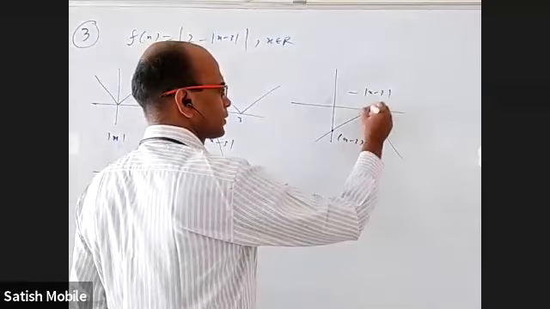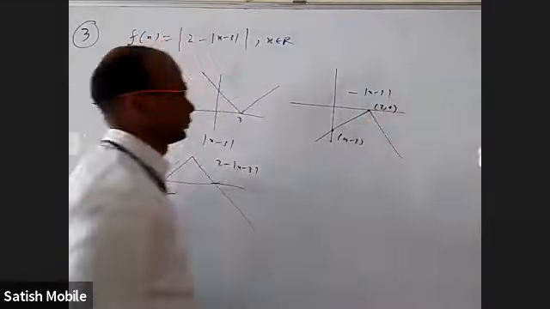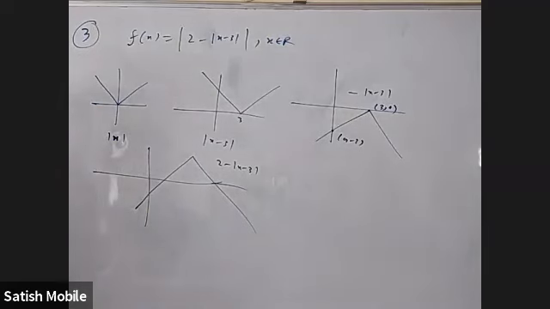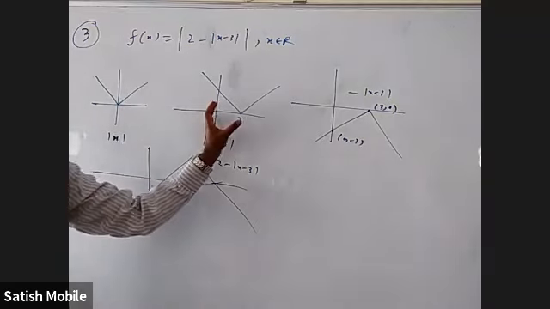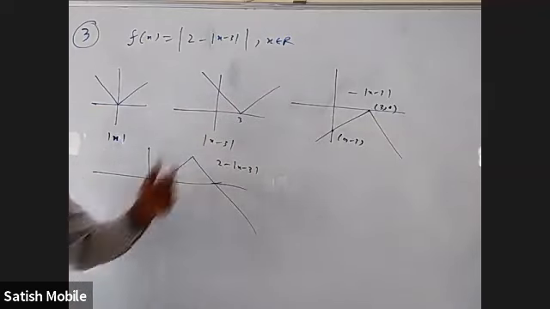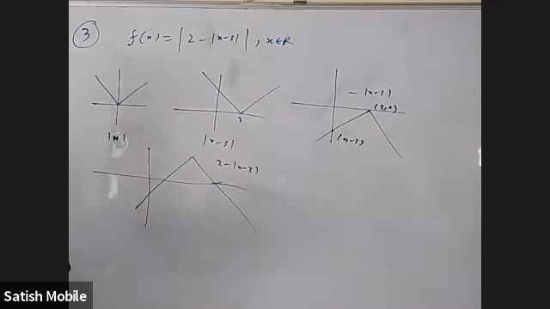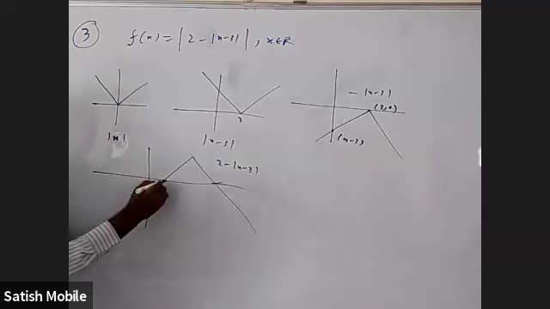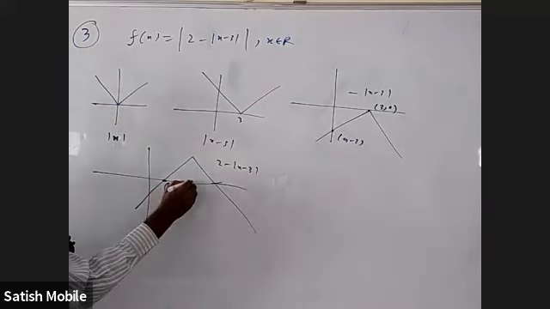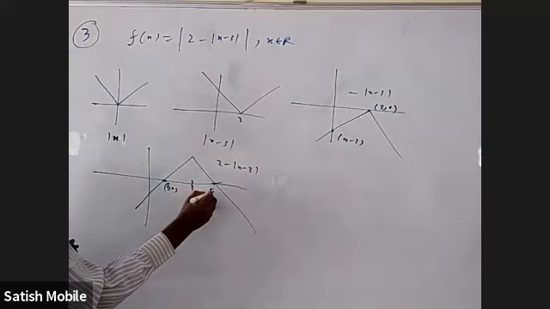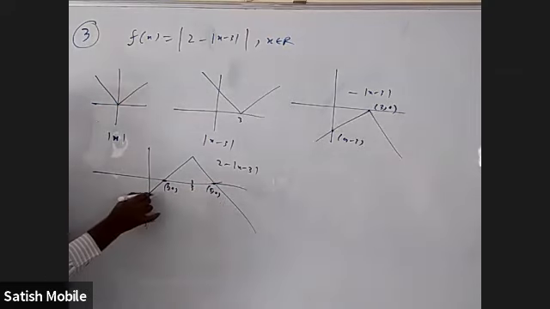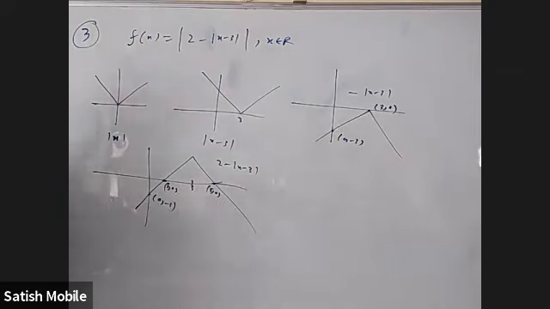First of all, you have to know these points. This is 0 comma minus 3. This is 3 comma 0. Mod x, horizontal shift by 3 units, mirror image with respect to the x-axis for that minus, and move 2 units up. Now this point is actually 1 comma 0. This is 3 and this is 5 comma 0. This is 0 comma minus 1.